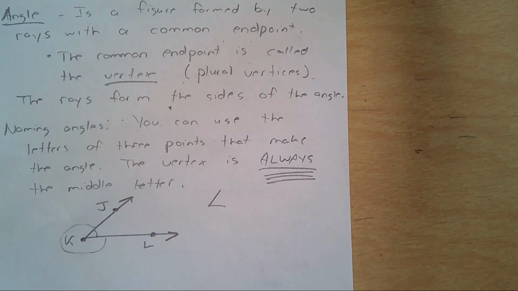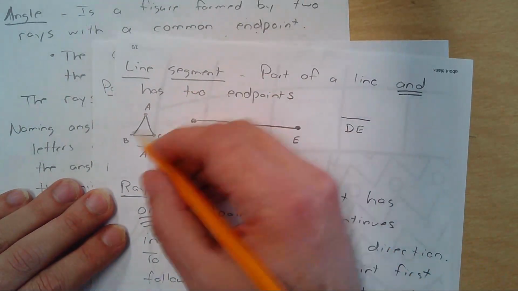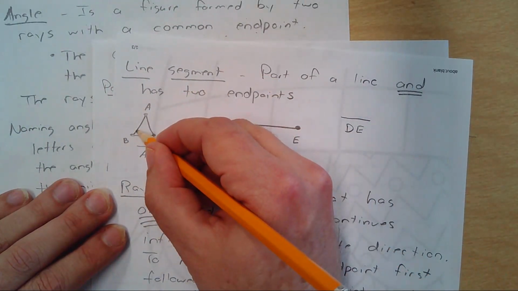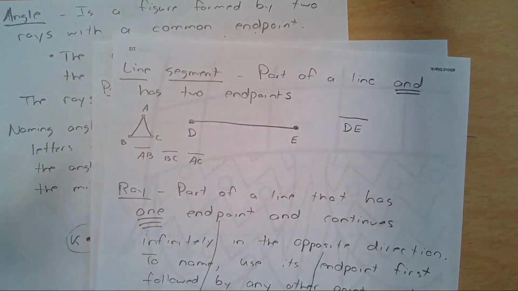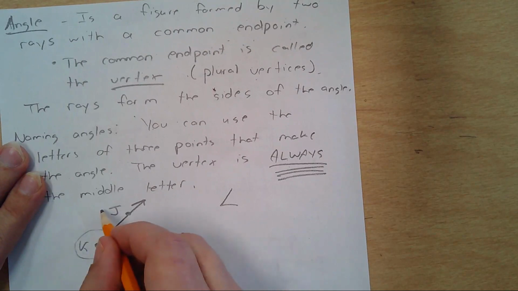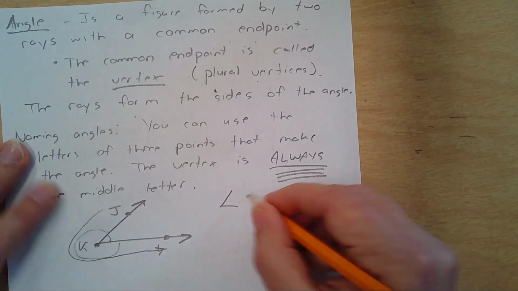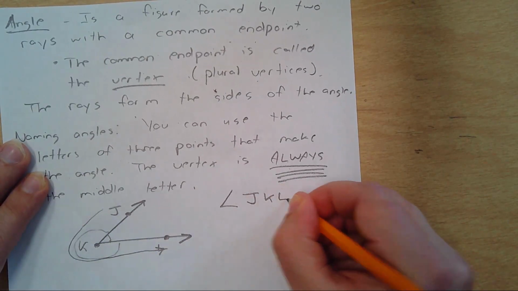Because there's always three points. Whether I even go back to my triangle, depending which angle I'm talking about, if I'm talking about this angle, or this angle, there's different ways they would all be represented. So when you're representing an angle, you basically go in order here. You take an endpoint, we'll go with this one, then we have the vertex, and then we have our other endpoint. So this could be angle JKL,